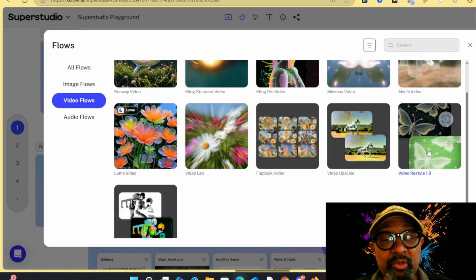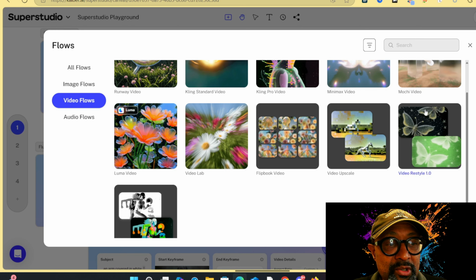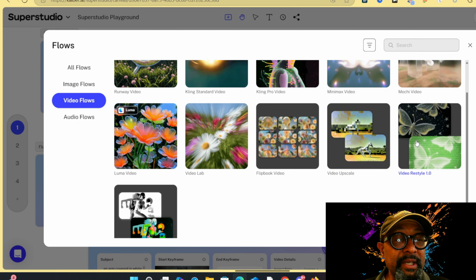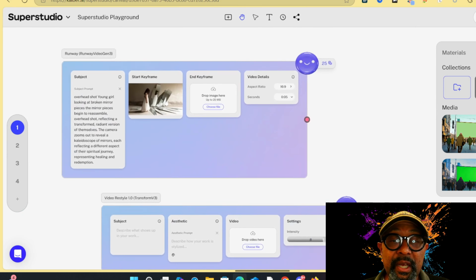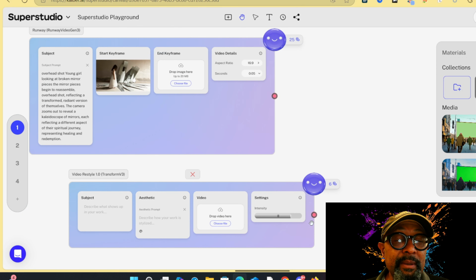Video Restyle. So Video Restyle is something that was an original staple of Kyber. And what that is, you take an already produced video and then you type in the type of style that you want it converted into. So sometimes I'll actually drop some stuff into Kyber and have it restyle. A good use of this is if you have a video of yourself and you want to be in the video, you can upload it into Kyber, click that, add to canvas, boom, there it is. If I drag the canvas, you can actually create points